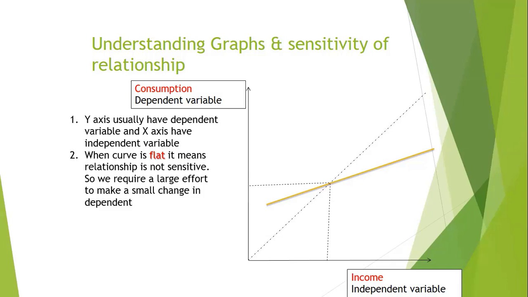So suppose the starting point is the same, where the red line is crossing the dotted line, and there is a 1 unit increase in income. There is a small unit increase in Y, but if we compare it with the dotted line, there is more increase in Y. यानी अगर 1 वाला केस होता, then there is more increase in Y because it's more steep as compared to red. So if the line is flat, the output is smaller than in the steep case.